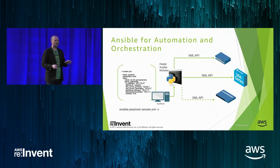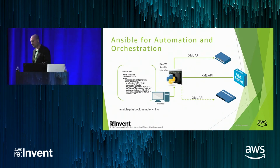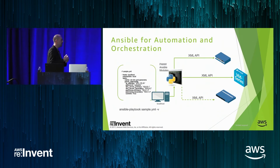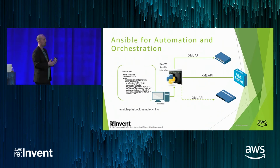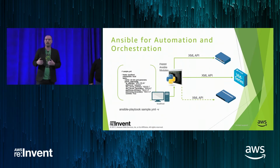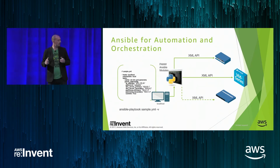So let's talk a little bit about how this covers some of the use cases. Ansible has proven to be really good in configuration management. The way we use it is very different, and for those of you that know Ansible, you probably know that the way it works is usually through CLI, using SSH. What we needed it to do was talk to our XML APIs. So what we did, we created our